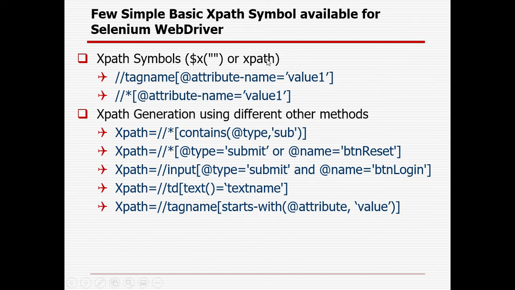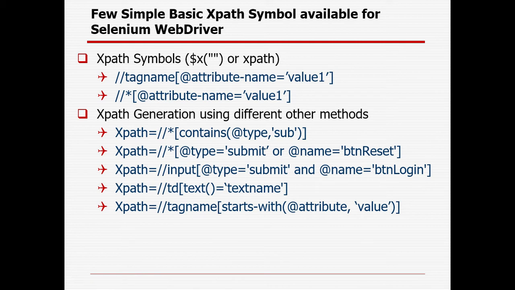So this is the syntax through which we can write the XPath. You can see the basic one is double slash, then the tag name, then the opening square bracket, then the at-the-rate sign, the attribute name equal to value within quotes, and then you need to close the square bracket. If you do not know the tag name, we can simply use double slash, then star (asterisk), square bracket, at the rate attribute name equal to value within quotes, and close the square bracket. That is the way we can create our own XPath.